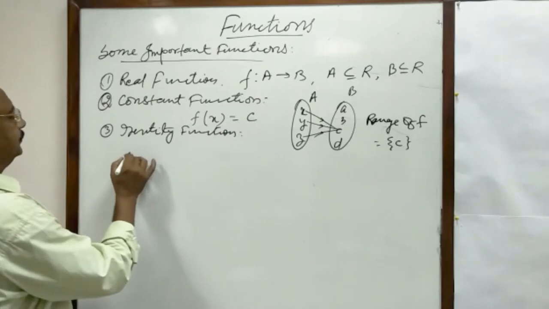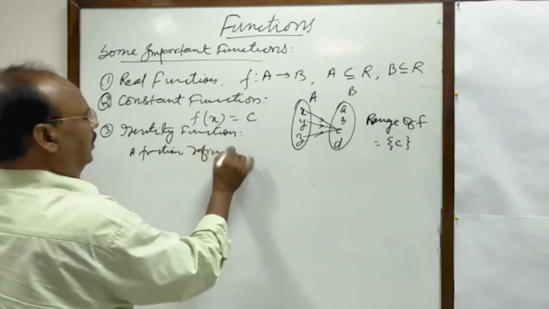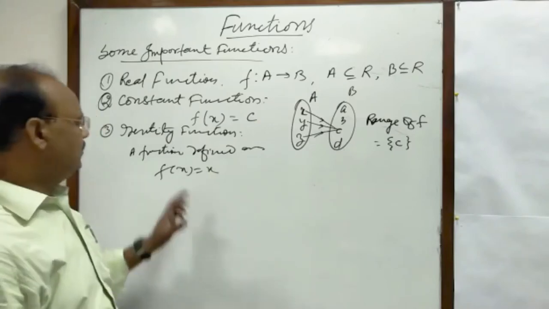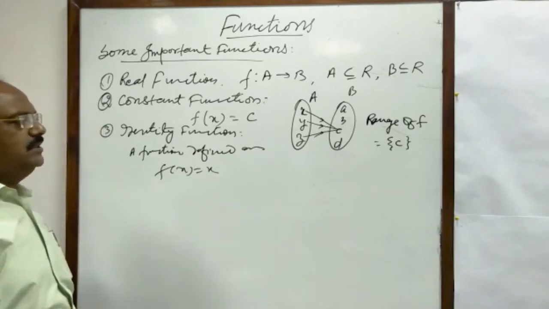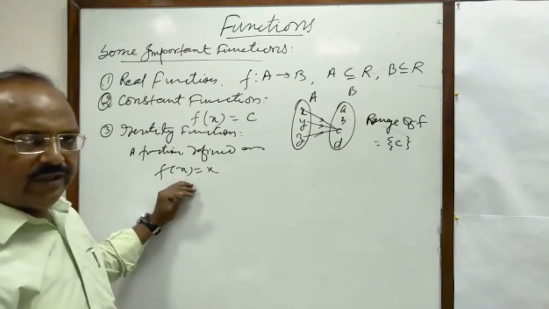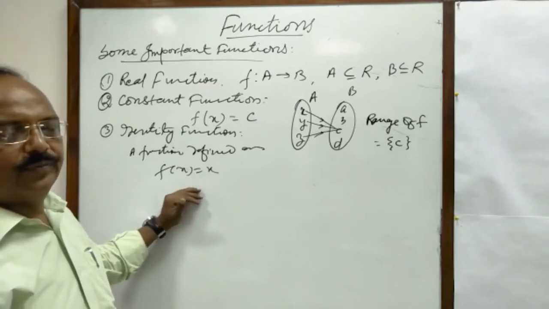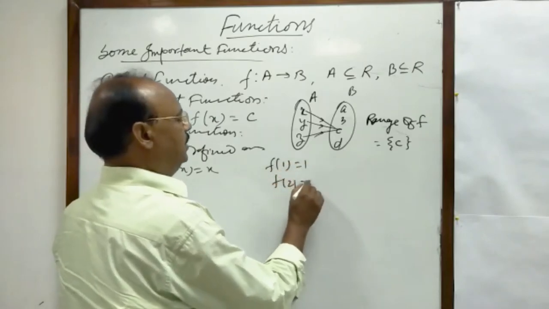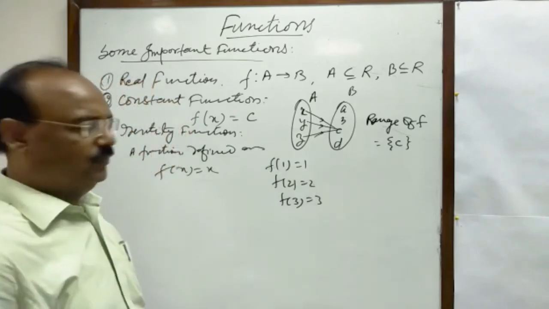A function defined as f(x) is equal to x, the image of x is itself x, then this function is known as identity function. Here domain and range both will be the same. As for example, suppose you write f(1) is equal to 1, f(2) is equal to 2, f(3) is equal to 3. This is an example of identity function. Next,